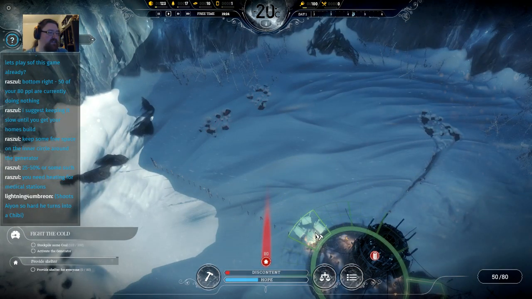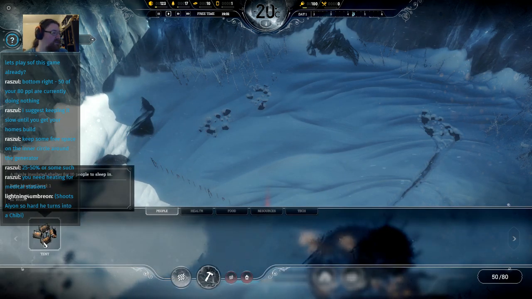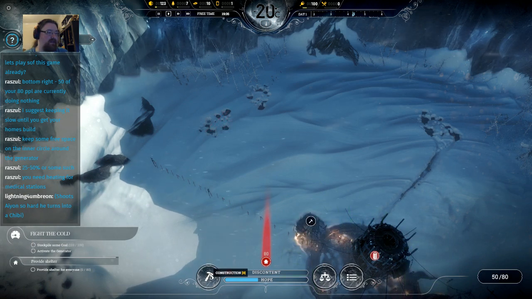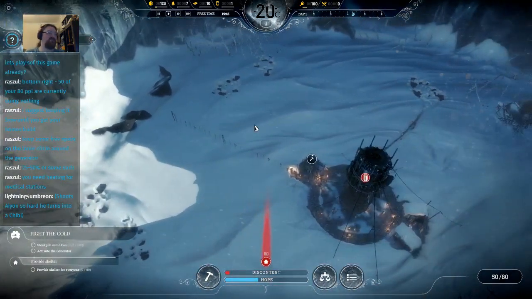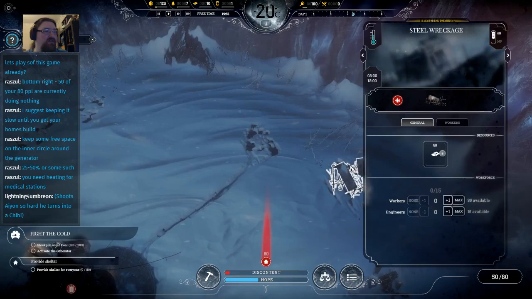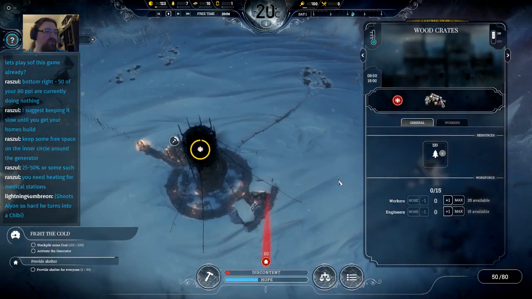Shooting me so hard I turn into a chibi. Gee, thanks for that. How many of these do I need? 10 people, and I've promised to provide 80. And I can't afford that because I don't have any wood. Okay, I need more resources, quite obviously. Frozen stone, need a sawmill. Steel wreckage. Wooden crates. Okay, let's get